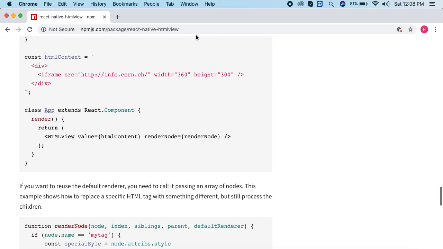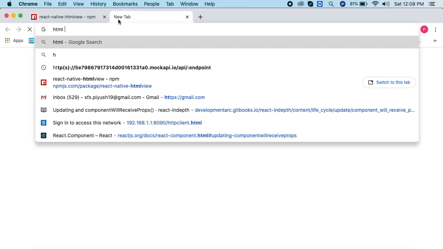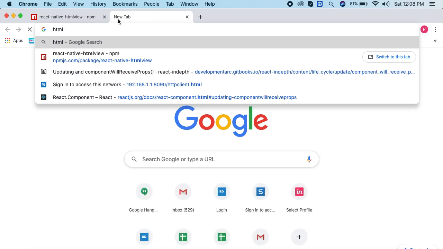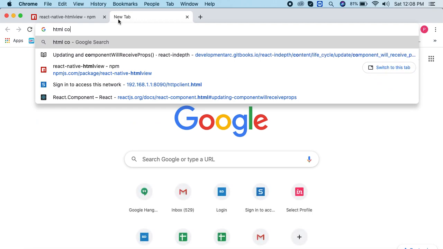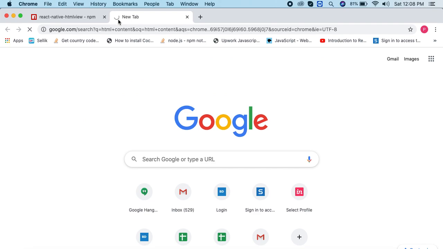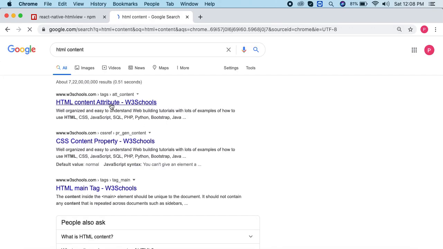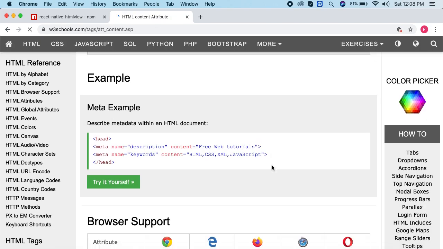I want to show you a good example. Suppose we have some HTML content, so I'm searching on Google. You will find HTML content on the W3Schools website, I think.